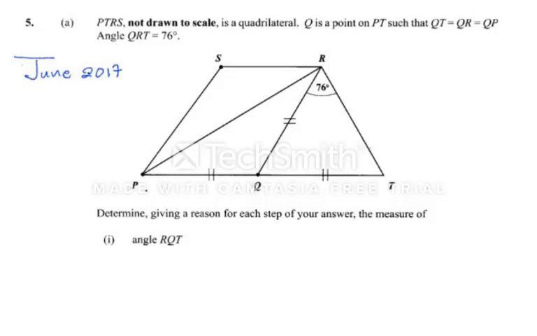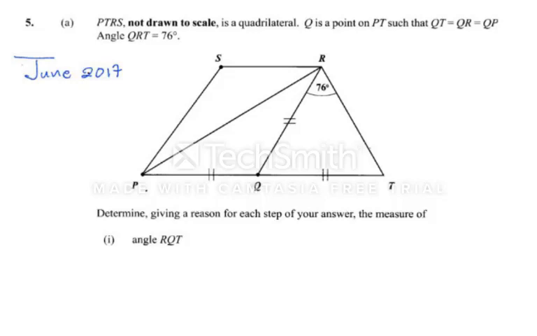All right. This question is question number 5 from the June 2017 paper. It says that PTRS, not drawn to scale, is a quadrilateral. Q is a point on PT such that QT, QR, and QP are equal. Angle QRT is equal to 76 degrees. We're asked to determine, giving a reason for each step of your answer, the measure of angle